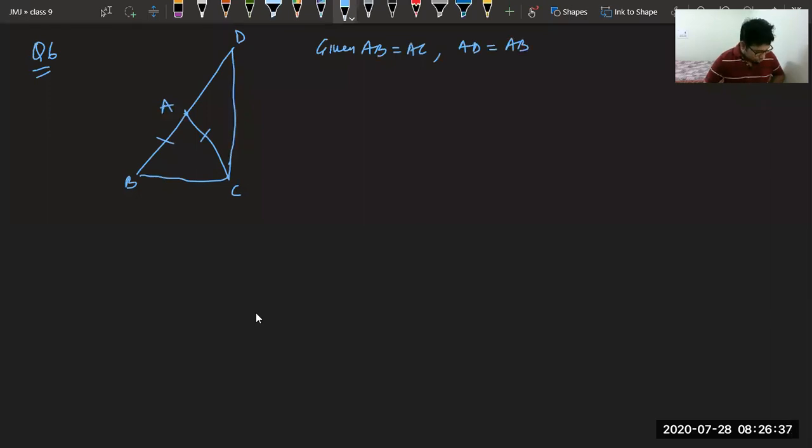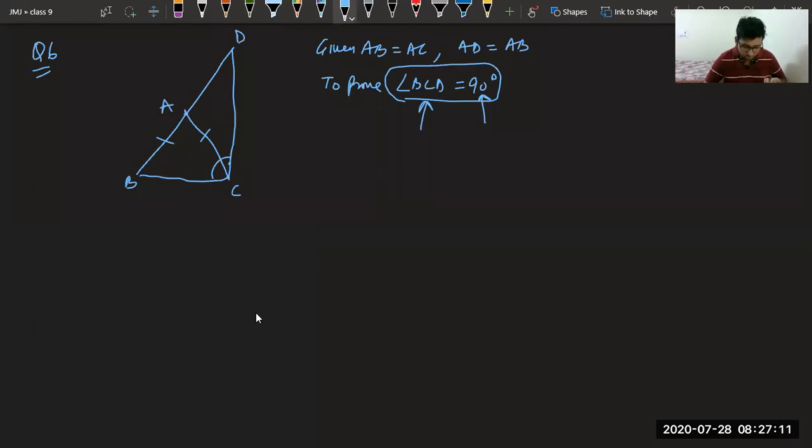Now they are saying, show that angle BCD is a right angle. We have to prove this complete angle. To prove angle BCD is equal to 90 degree. Now, as I've told you, you have to see the to prove part carefully. They want you to prove this angle equal to some particular value. Now, if you see the question, we don't know any value. Which property can help us to get an angle value?